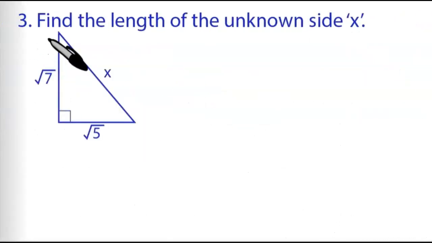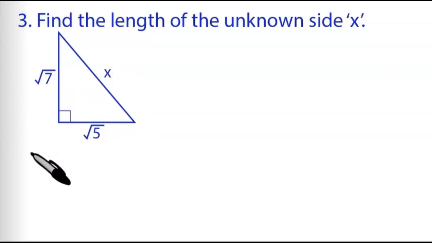For problem 3, we need to find the length of unknown side x, and we're given this triangle right here, and it has lengths of the square root of 7, and the square root of 5, and then x. So the square root of 7 and the square root of 5 are the lengths of a and b, because remember a and b are the edges that touch the right angle, and then the side opposite of that is the hypotenuse, or c, and that's labeled as x right now. So we need to find the length of the hypotenuse. All right, so let's go ahead and plug these into our equation,